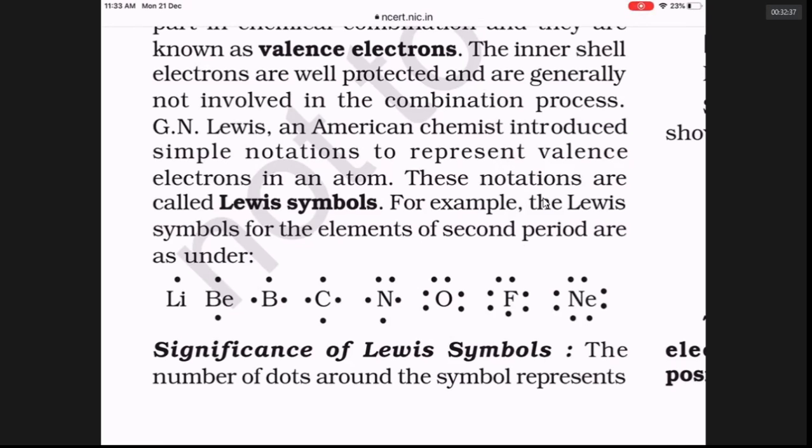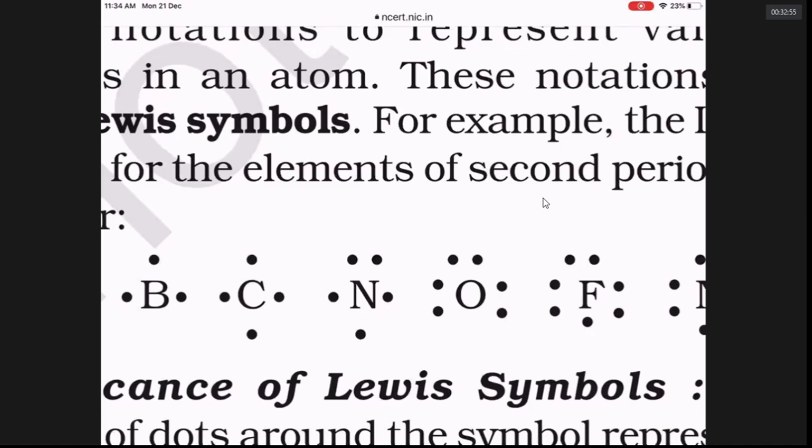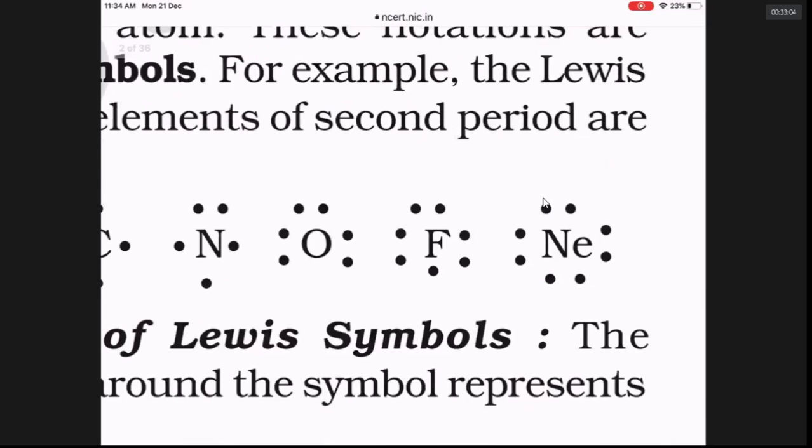Nitrogen, atomic number 7, 1s2, 2s2, 2p3, has 5 valence electrons. How are they represented? Dots 1, 2, 3, 4 around the symbol, and dot 5. One electron pair and 3 unpaired electrons. For oxygen, 1s2, 2s2, 2p4, there are 6 electrons. Only valence electrons are shown by dots or cross marks. This is called the Lewis dot formula.